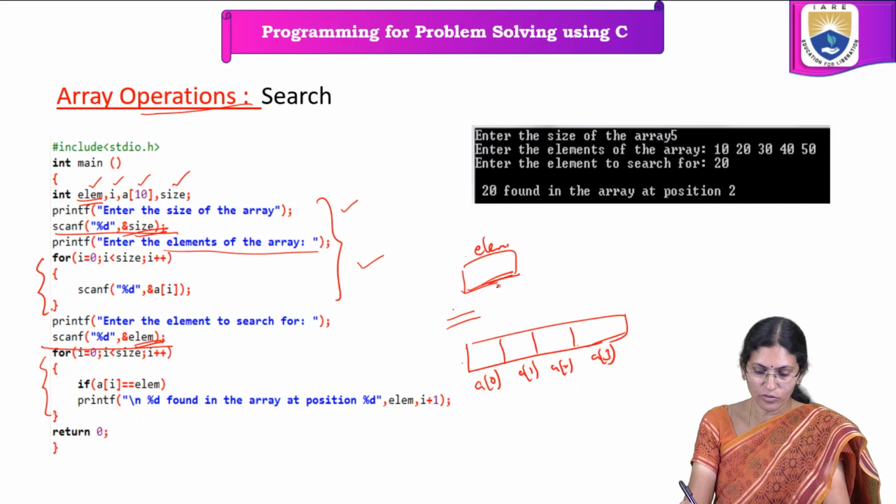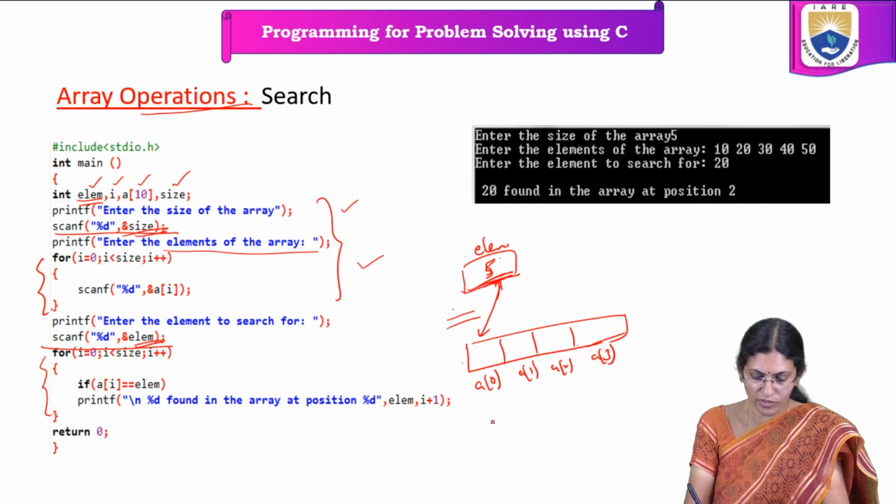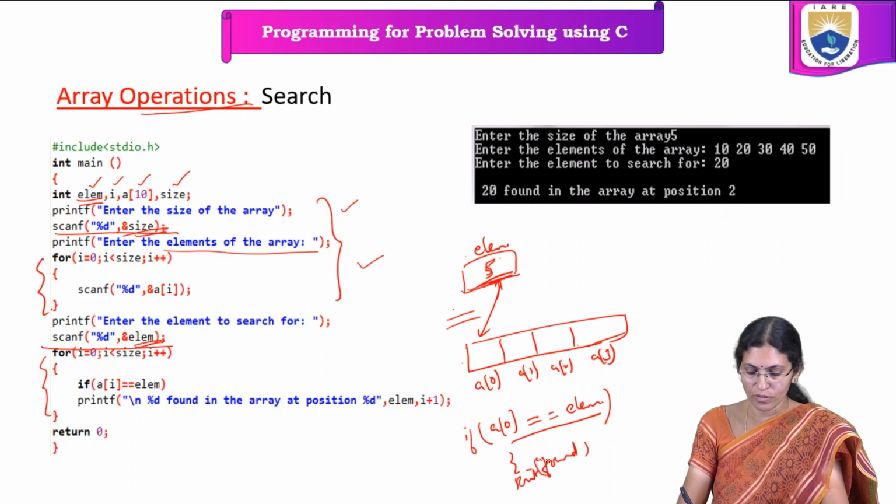So this element has to be searched in the array, suppose 5. This is the element which is to be searched. In order to search for this, we need to check whether A of 0 is equal to the element. If this condition is satisfied, then the element is found. We can write printf, the element is found